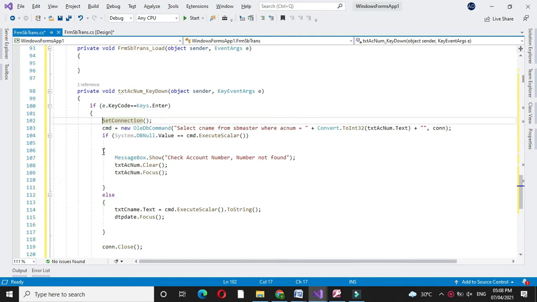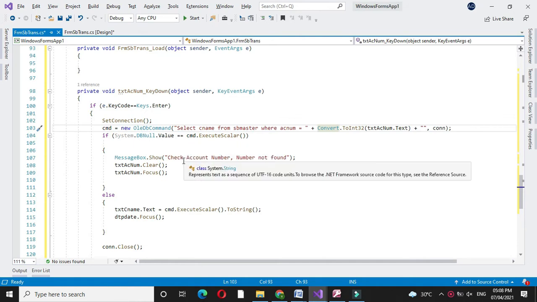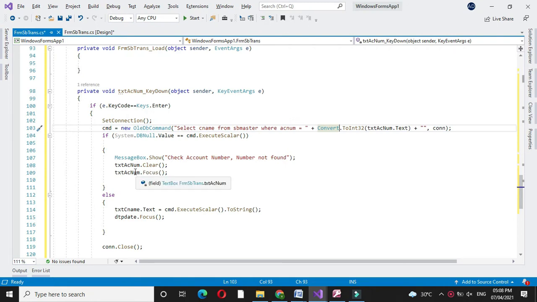After that, first we will call the set connection method and we will write a command, select cname from SB Master where account number equal to the value entered in text box account number. And first we will check if the value is null or not. If it is null, we will display the message check account number and we will clear the account number and we will set the focus to account number.